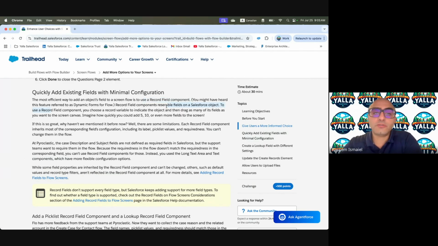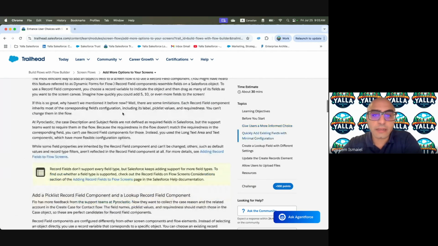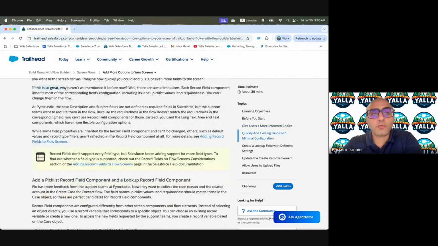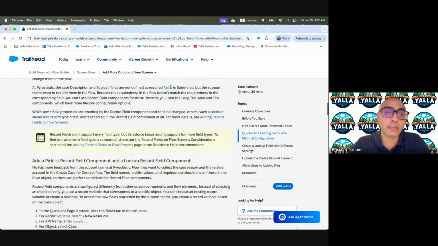To use record field, you need to have a variable, and then you start dragging and dropping. It's so great. Why haven't you mentioned it before? Because we said there are limitations. If you want to change the label, if you want to make it required, it will not give you this